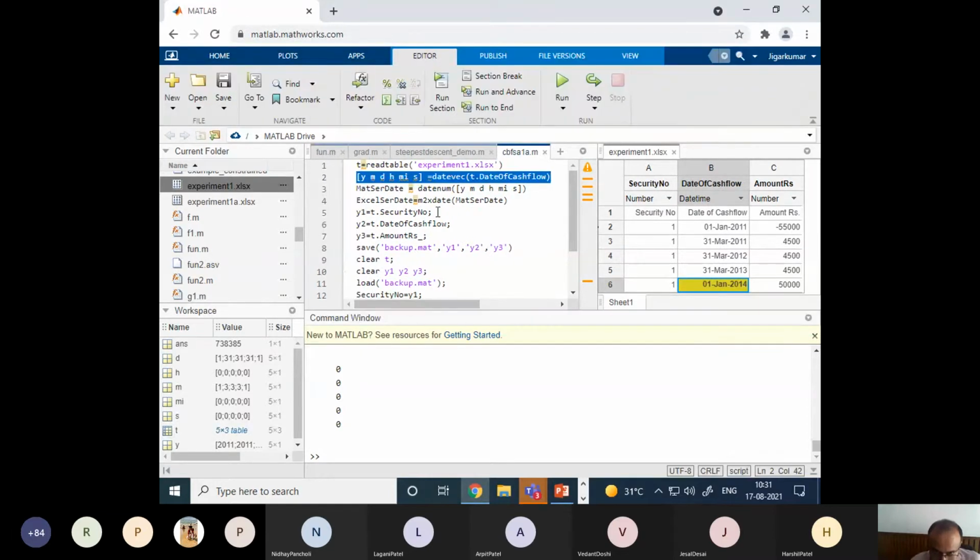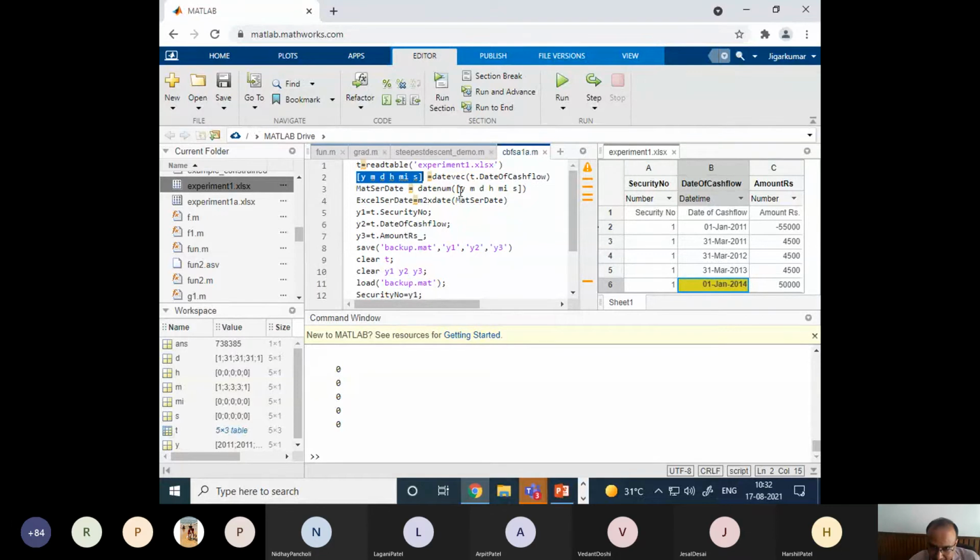Now I want to know what is the date number. So I use another function, datenum, date number, for this vector YMD. I already have this dissected information available. Datenum can accept two things: either a date vector, or if you have a string, then you have to specify the string in which format. Now I have the string from my Excel, which is already there in the dissected components in this vector.